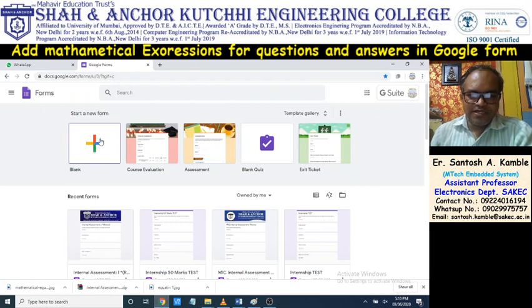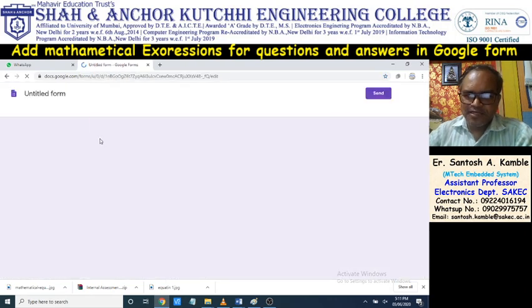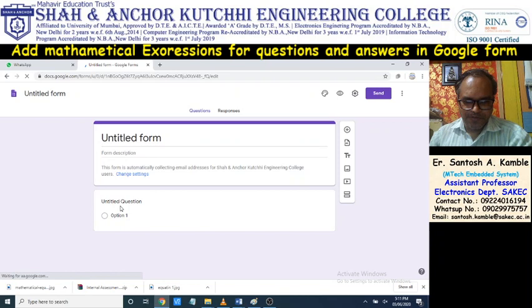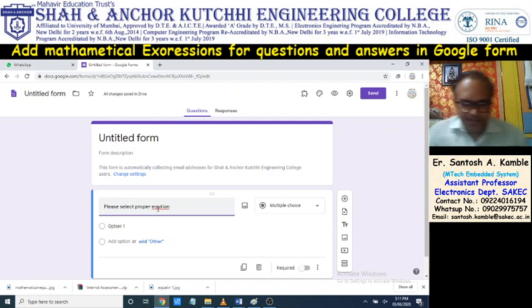Now first open a blank form, and in question I will explain only how to add these equations in questions. So here in question you can write, please select proper equation. If you want to add an expression in the question, you can use this option.